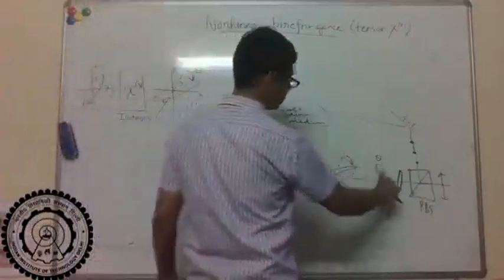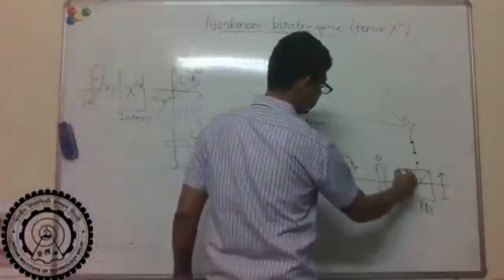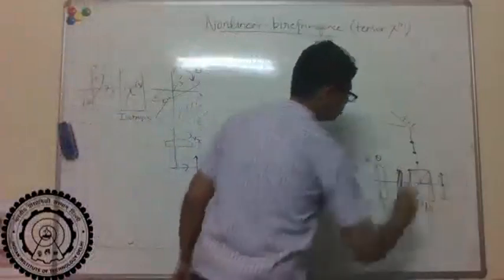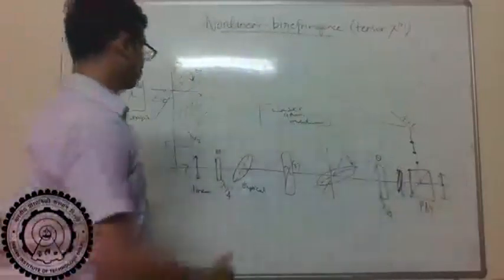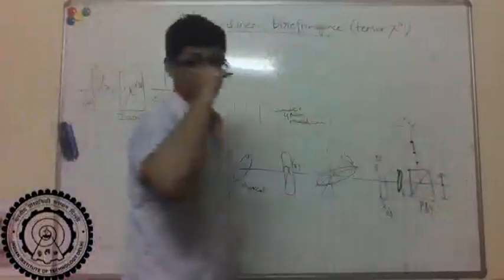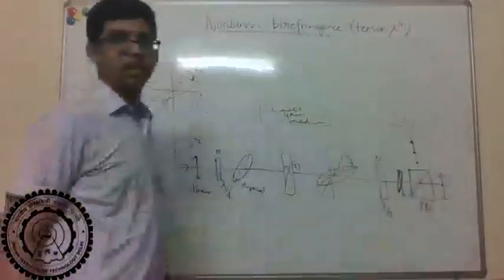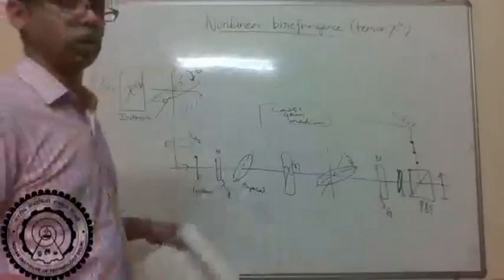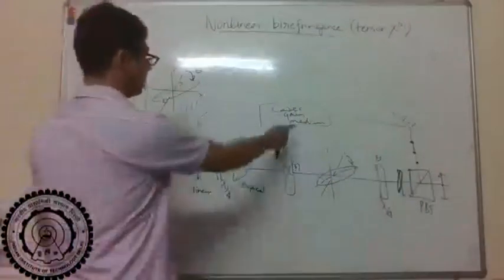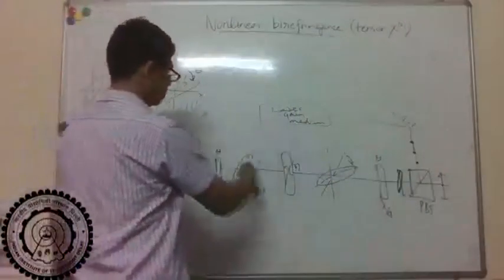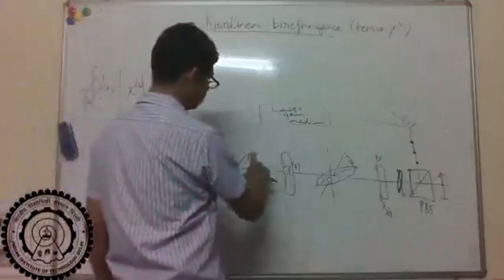So there's no ellipse rotation, and after this, you recover your linear polarization back, and it just passes through. Right? So it just leaks out of the cavity. So if the intensity is low, it leaks out of the cavity. So the cavity loss is high for low intensity. But let's say if the intensity is high enough, then this ellipse rotates,